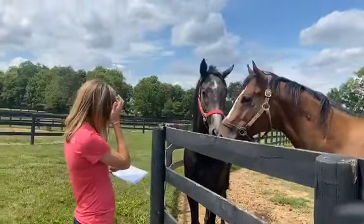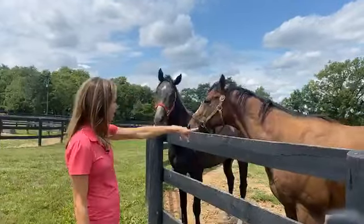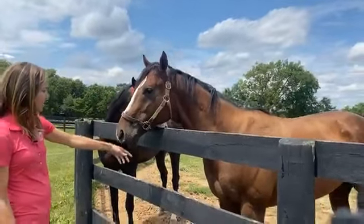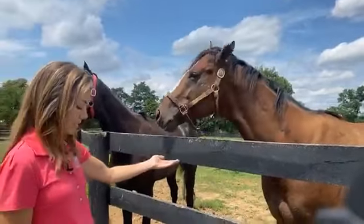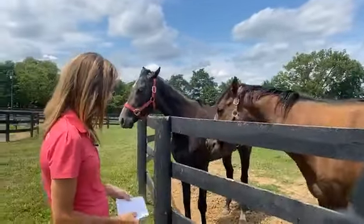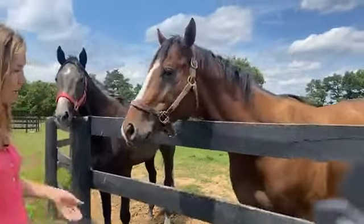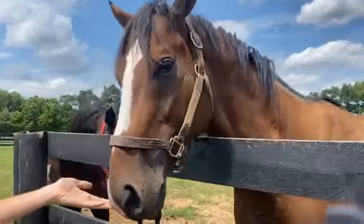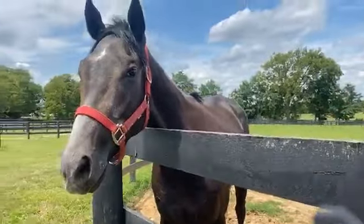We have Saratogian and Banga. Saratogian is the bay here. He last raced here locally at Churchill Downs May 16th. And he ended up having a small chip removed from his knee shortly after arriving. And he went on his stall rest and did really, really well with that and is now on turnout